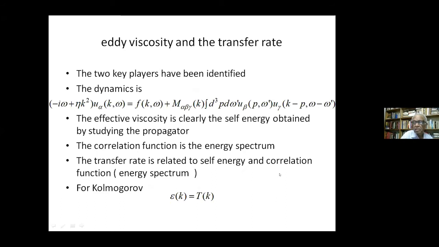So that's the two players in this: the eta epsilon, eta E, which is the eddy viscosity, and the transfer rate, which is this integral T of Tk. So you write the dynamics as the usual Navier-Stokes dynamics, and the transfer rate can be calculated, where the transfer rate, which is a 3-point correlation